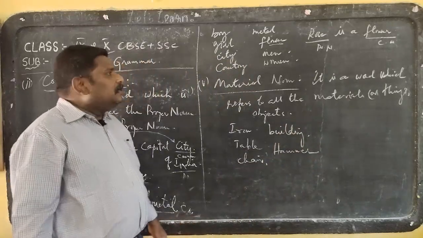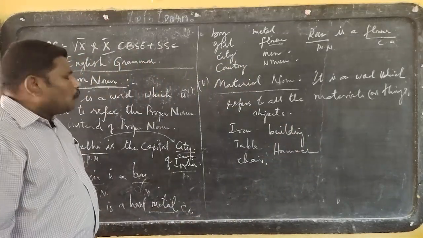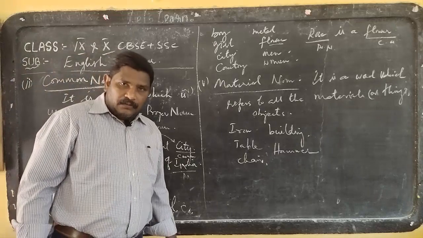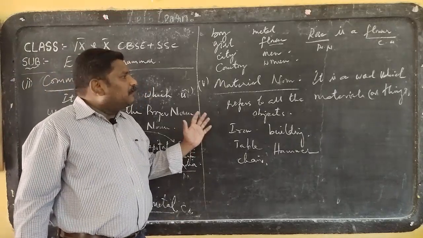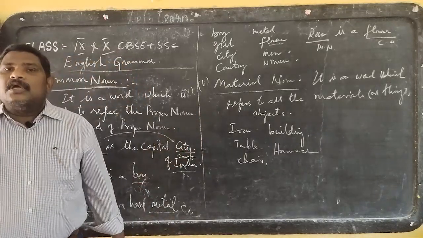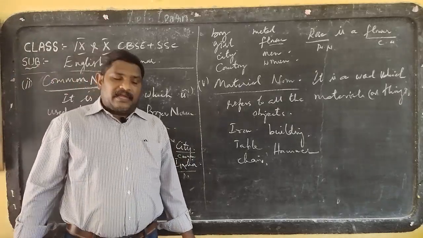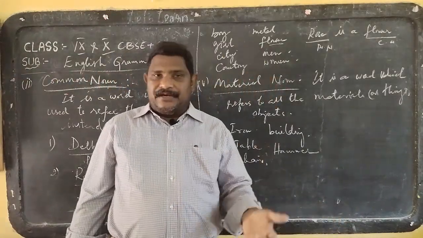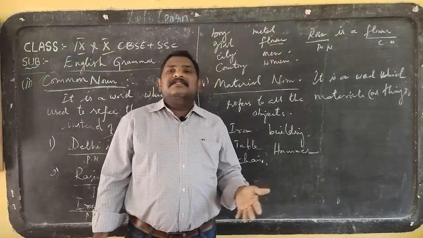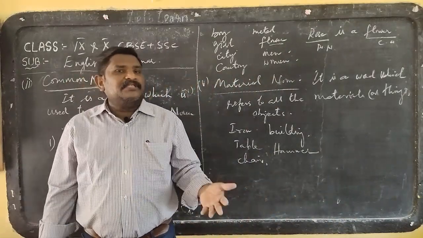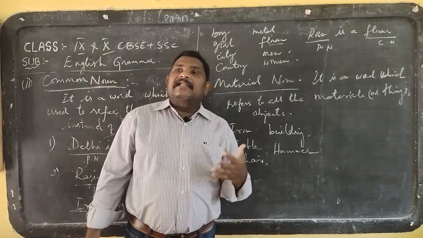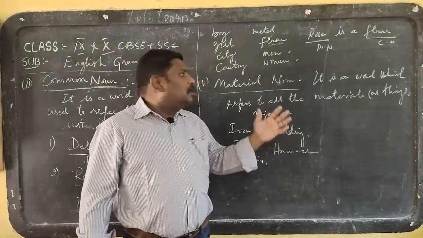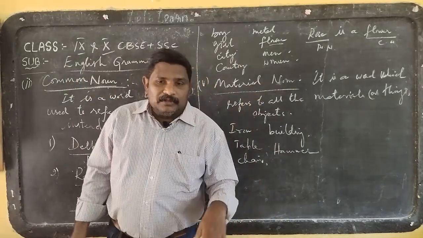So with this, dear students, we have understood what the different kinds of nouns are, and how they have to be used effectively in our verbal form and written form. Verbal means spoken, how it has to be used in spoken English, and in the written form. Now you have understood the kinds of